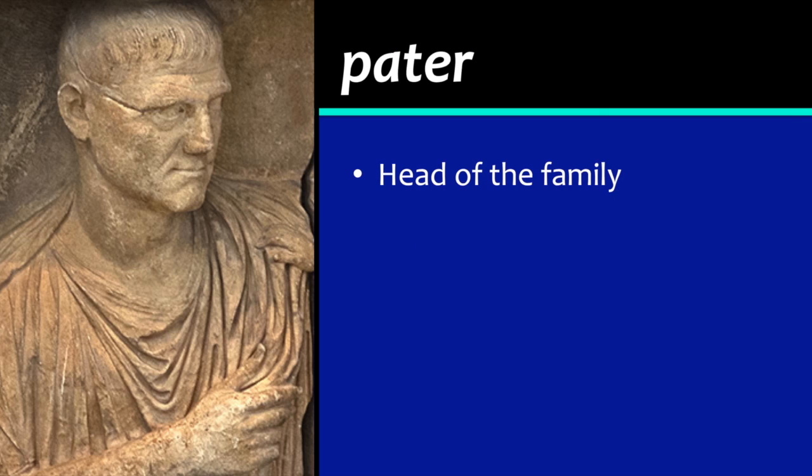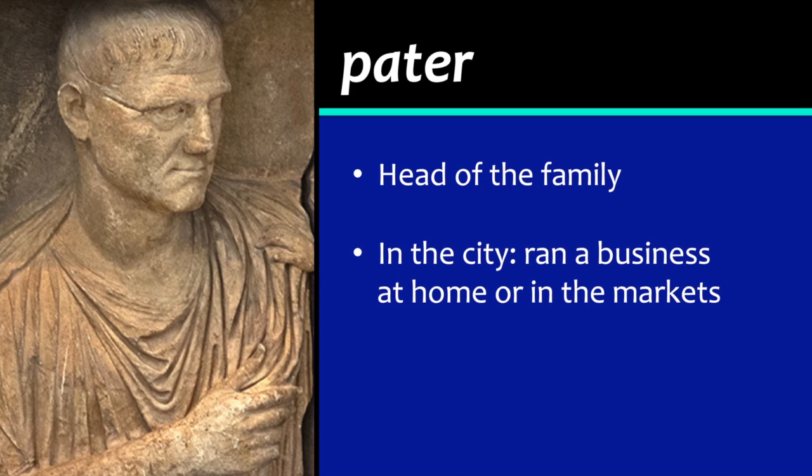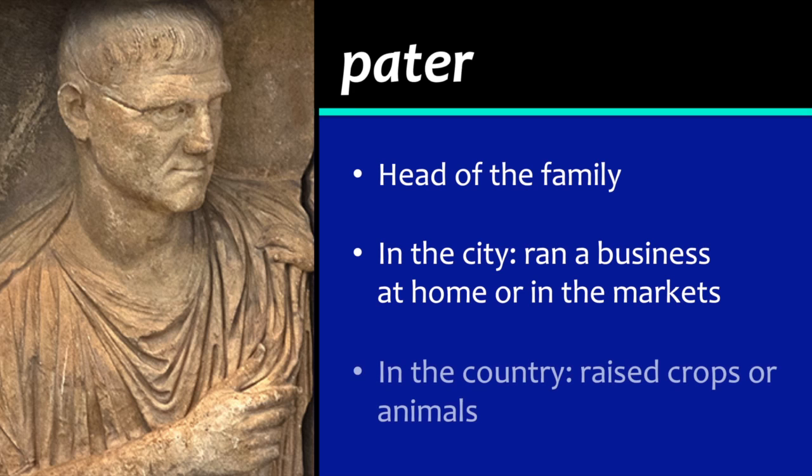Now let's take a look at what the father, mother, and children did within the home. The father had complete control over what happened in his house, and he set the rules for his family. In Latin, the father was called pater. He protected his family and worked hard to provide for them. If the family lived in the city, he might run a business in his home or in the markets. If they lived in the country, he might have raised crops or animals to feed his family or to sell